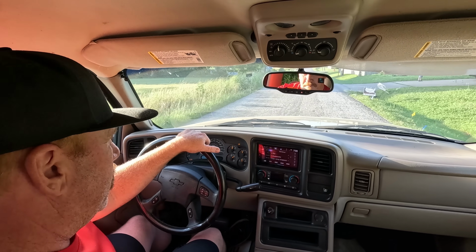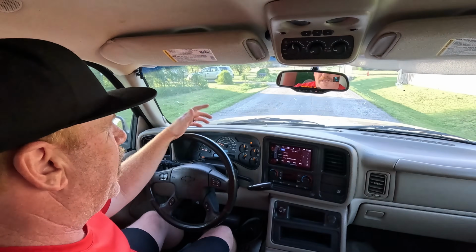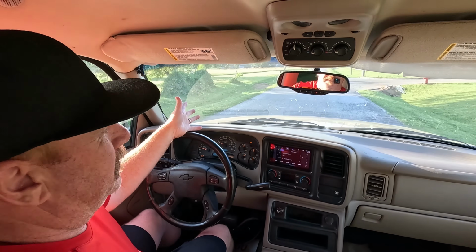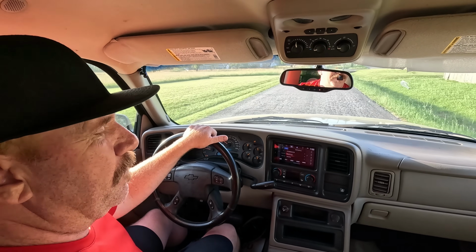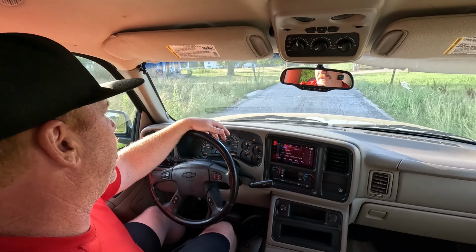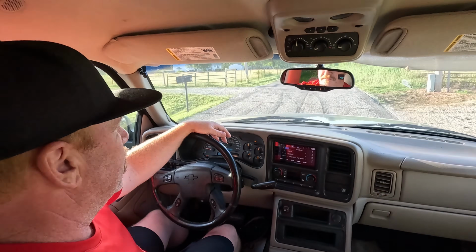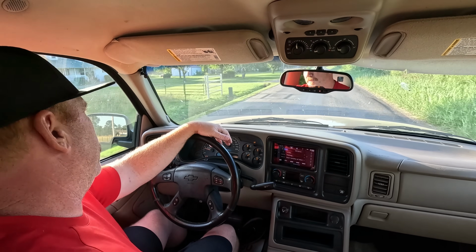And honestly, the subs in the back, there's just a lot going against it. I think if a guy put like a 3,500 stall converter in it, it would flash higher, and it would probably melt the tires. But I was kind of bummed out. I thought maybe it would at least spin through first gear. But anyway,